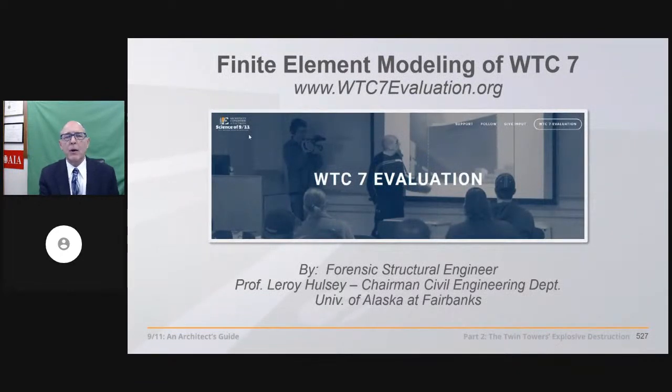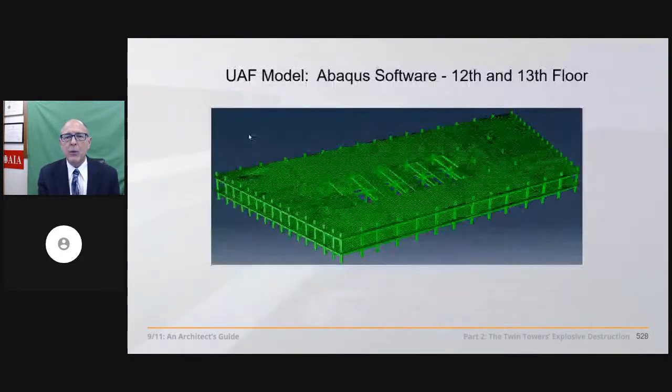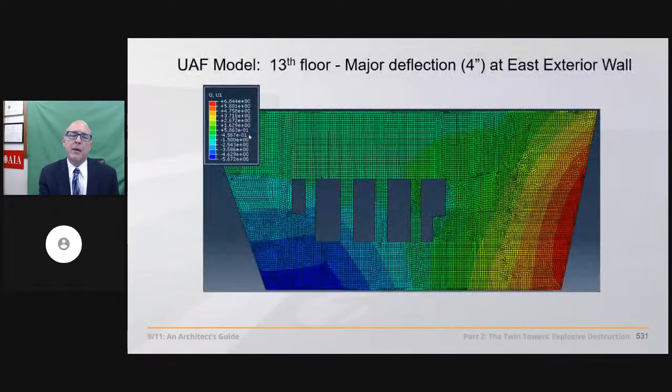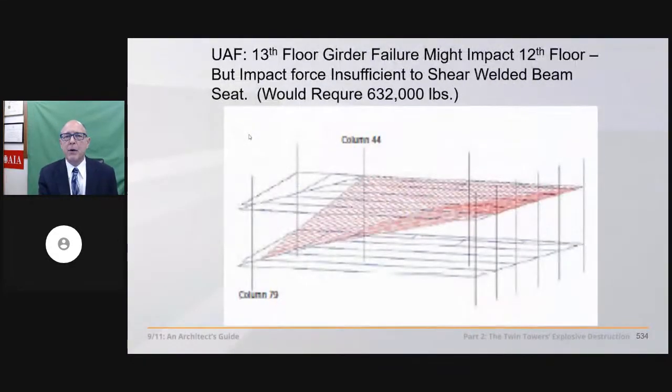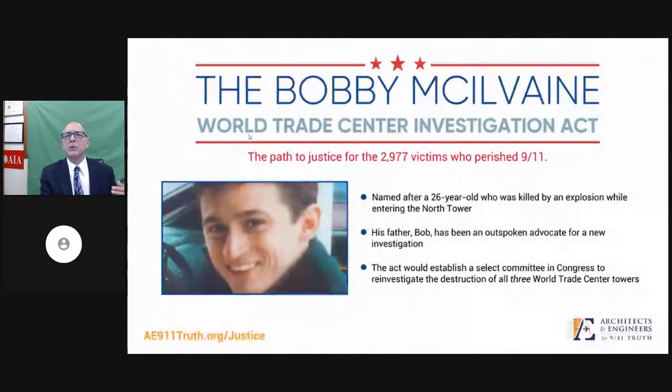You can take the report from Leroy Halsey that we talked about last week on the finite element analysis of Building 7, which he's done an incredible job proving that fire didn't bring that building down, the third tower to collapse on 9/11, that most people are completely unaware of. A 47-story skyscraper drops like a rock straight down uniformly, symmetrically into its own footprint.